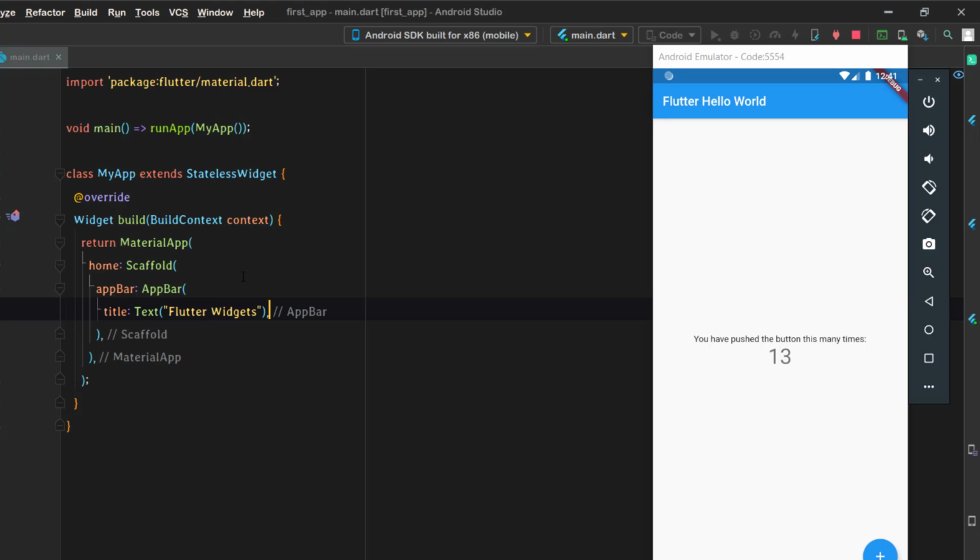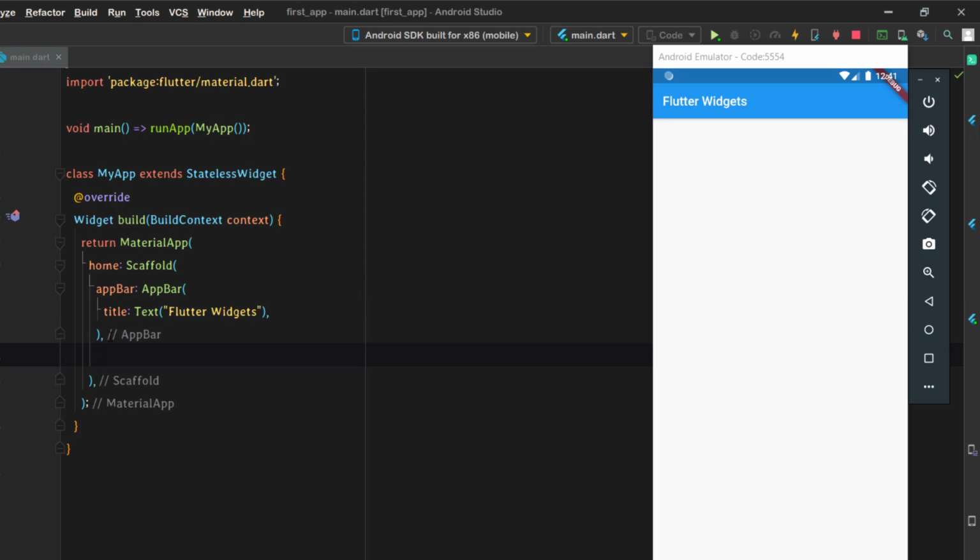If you just save this, Flutter has a functionality of hot reloading. If you just see here, we have an app bar saying Flutter widgets, which we named here. Now that was regarding the app bar. If we come out of this app bar and add a parameter called body, we can do what we want in this bottom white area. We can just make it a centered one.